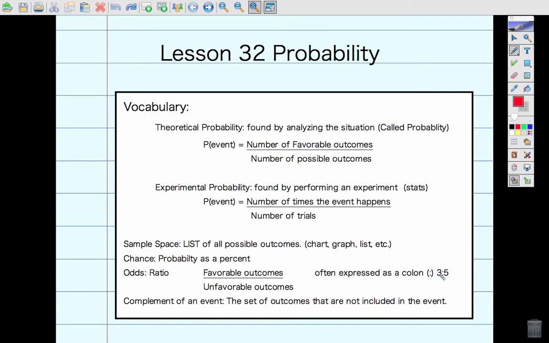So like there were odds that 3 were favorable outcomes, like there were 3 chances to win and 5 chances to not win out of a total of 8 possibilities. So our favorable plus our unfavorable will actually equal our total